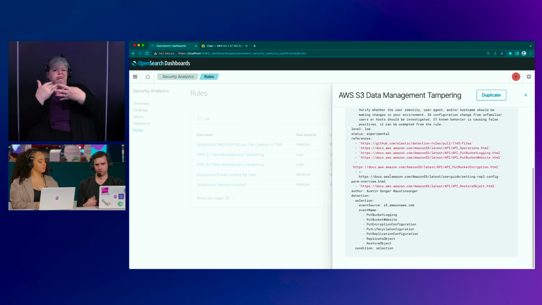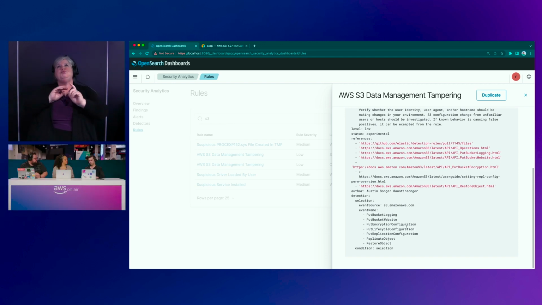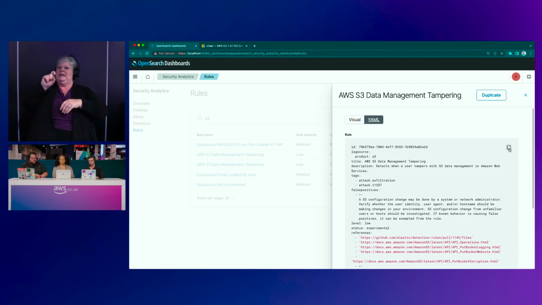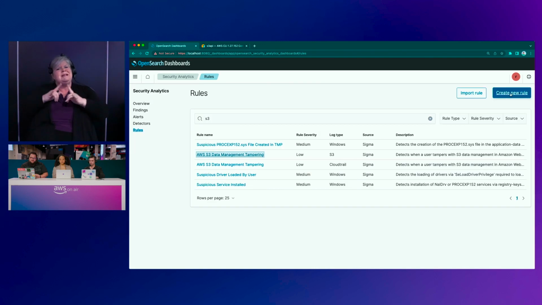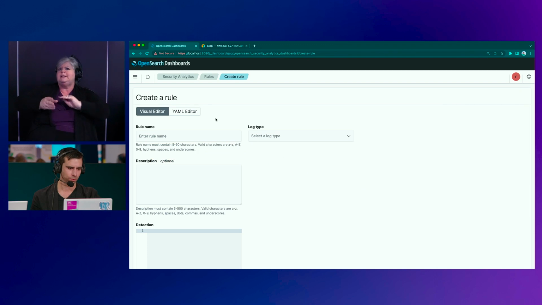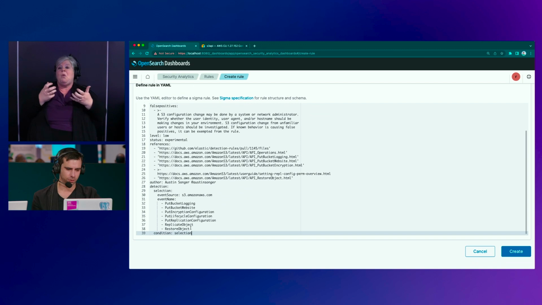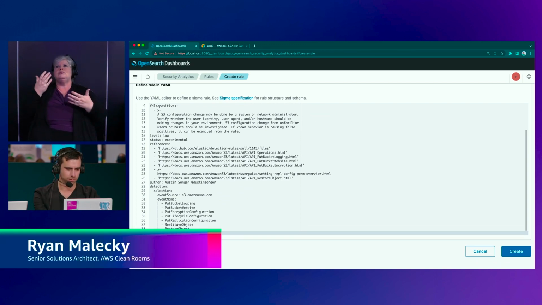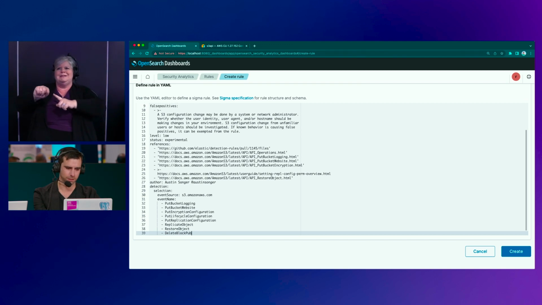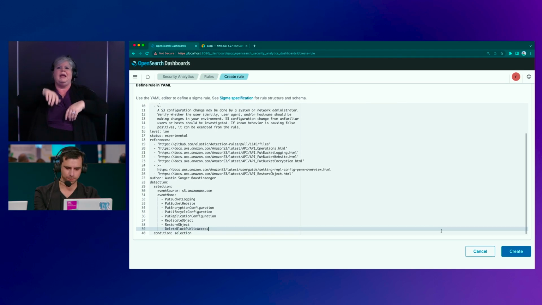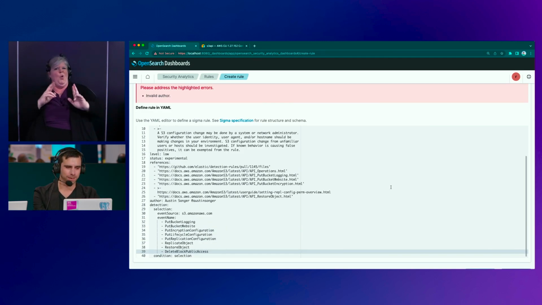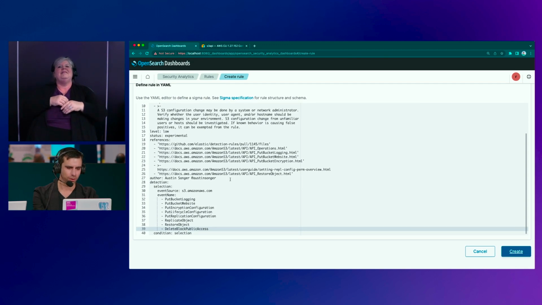And let's say for my organization, I know that these are some important API calls to watch out for, but I might also want to look out for some additional things. So I could create a new rule and go in and say, if somebody calls delete block public access, hopefully I spelled that right, I'm able to go through and modify these rules quickly to meet my organization standards.